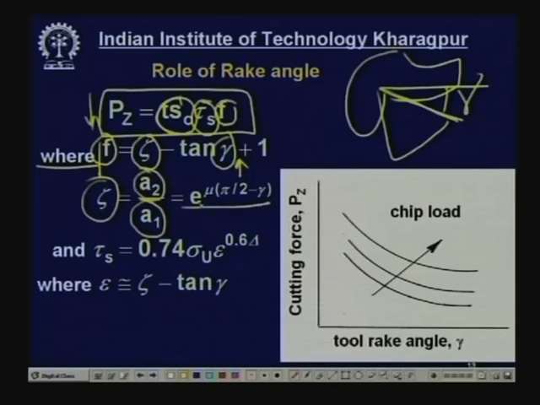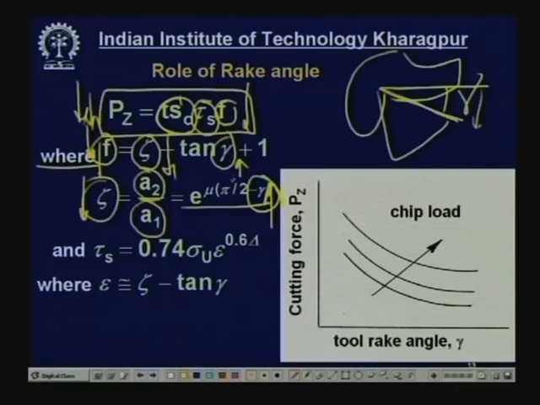It is again given by e to the power mu multiplied by pi by 2 minus gamma. That is, if gamma, the rake angle, is increased, then zeta will fall. If zeta falls, F will fall. If F falls, the Pz will fall. So, machinability improves. Now, what we see is that with increase in rake angle, the machinability improves through reduction in cutting